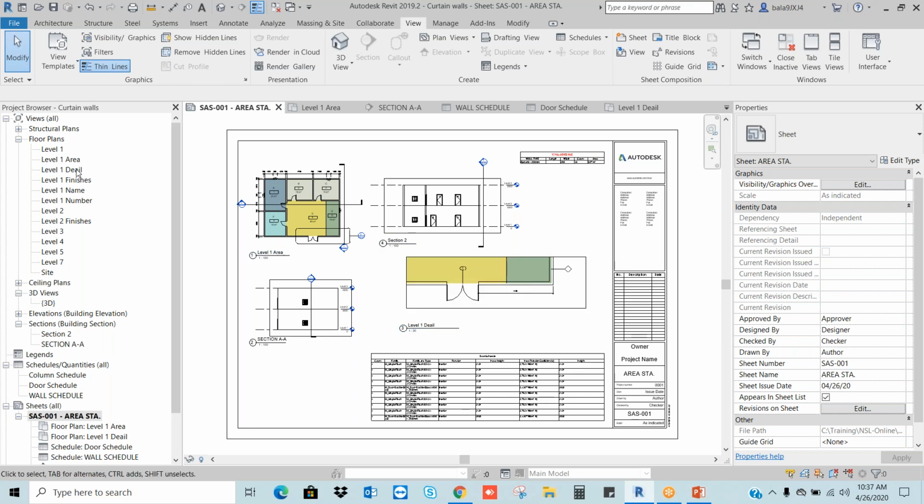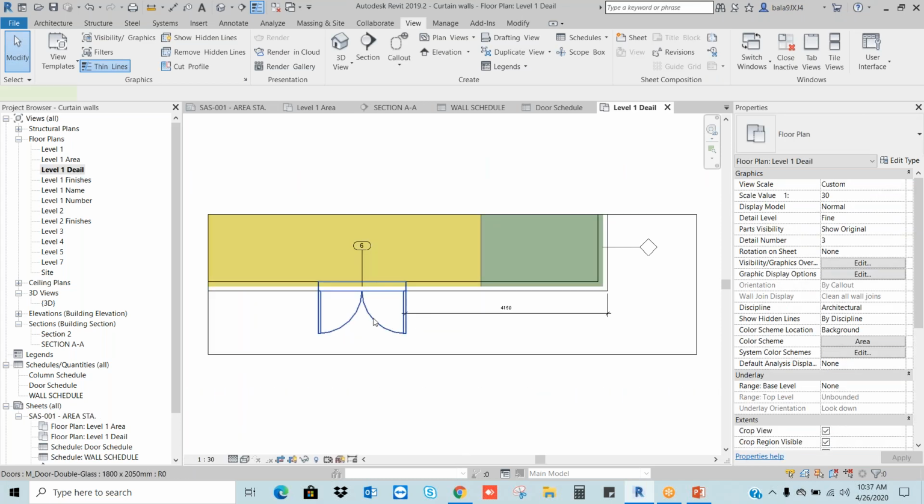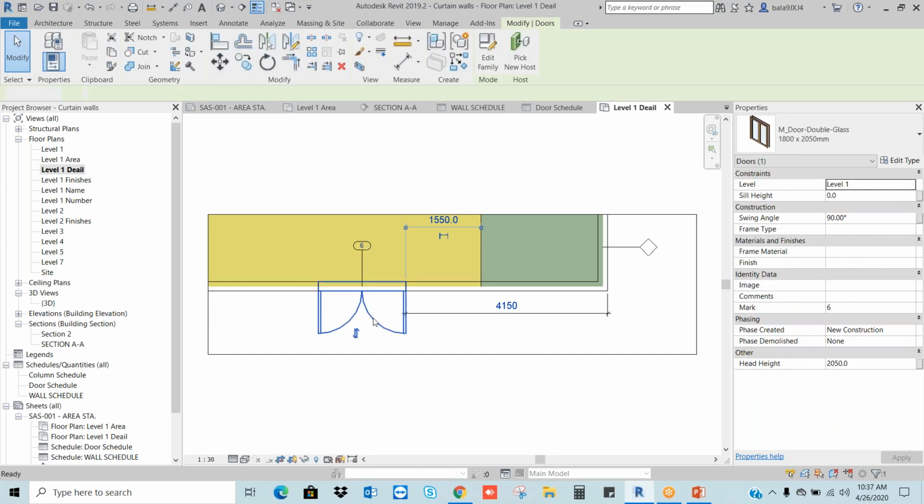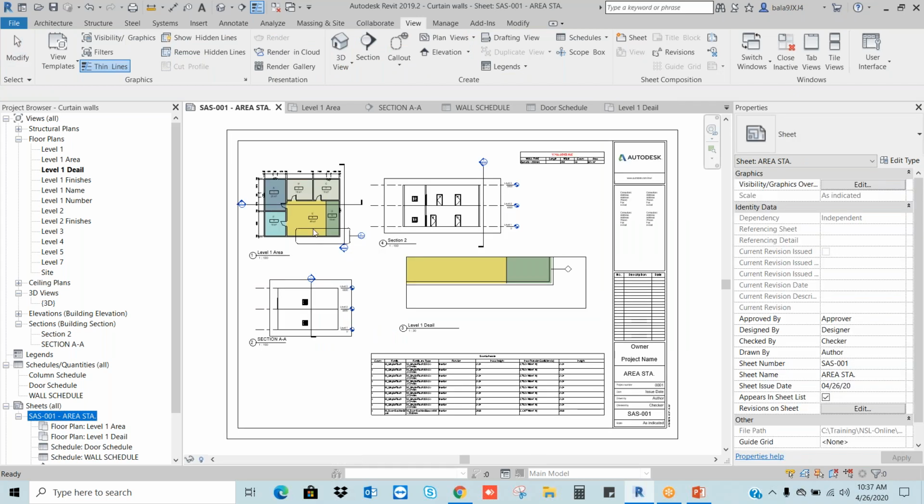Let's say now I'm going to the detail drawing. Here I want to delete this door. Okay, I'm going to delete. If you go to this sheet, everywhere it got deleted. 3D objects will be represented in all drawings, whether it is section, detail, floor plan, 3D, whatever it may be.